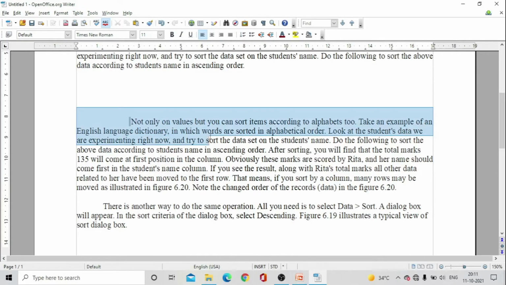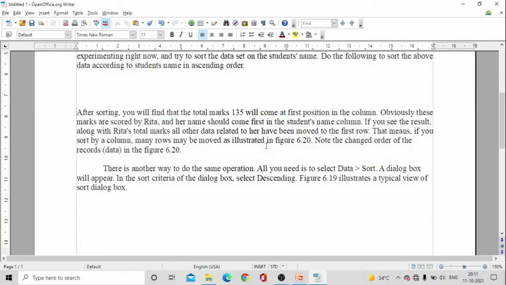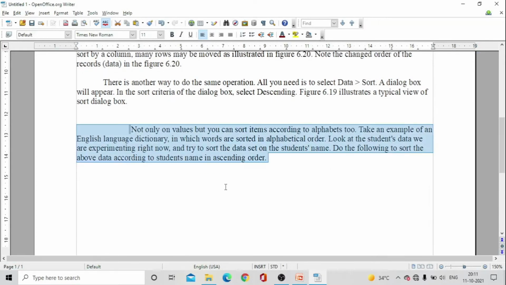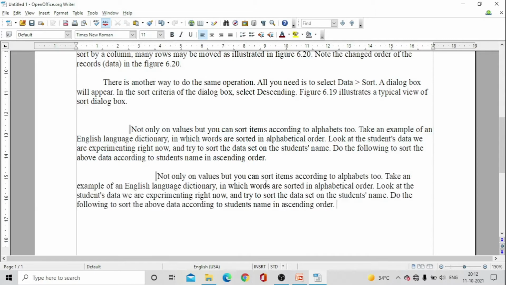So first I'll select the paragraph till here only. Now I have to move this text. So first I'll press Ctrl plus X. Remember, for cutting the text, Ctrl plus X is used, and Ctrl plus V for pasting. So as you can see, we have moved our paragraph with the help of the keyboard. Then we will see here how to copy it with the help of the keyboard. Again, select the paragraph. Now press Ctrl plus C and come to another line, and now Ctrl plus V, and yes, our paragraph has been copied.